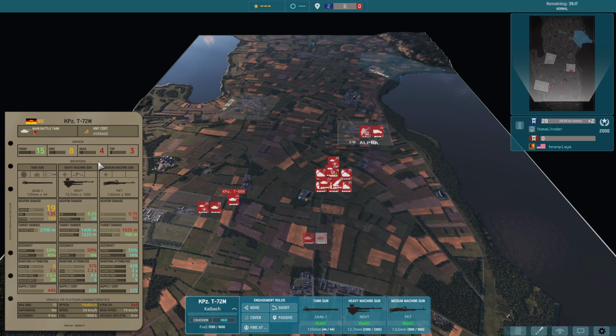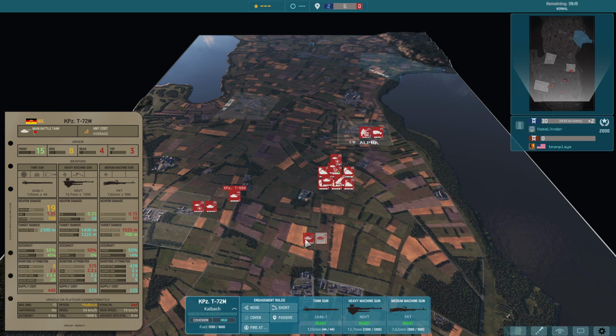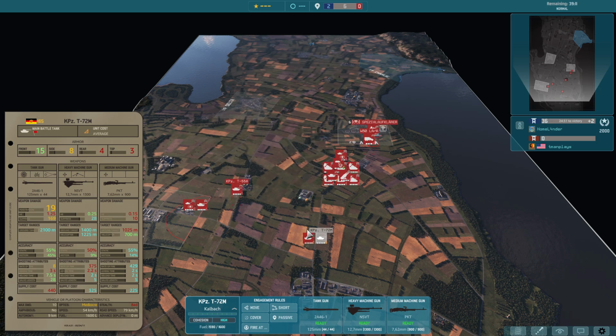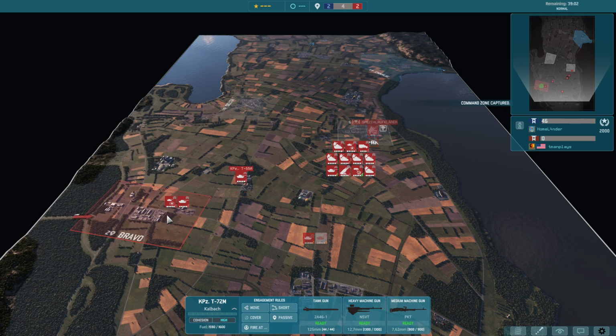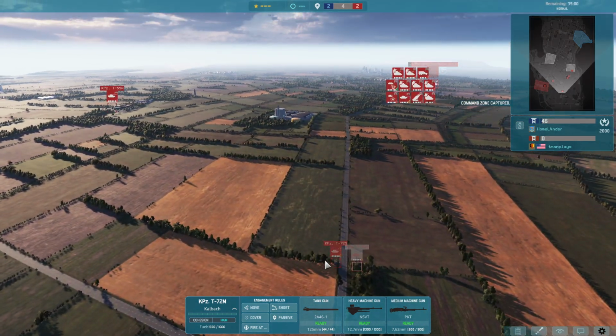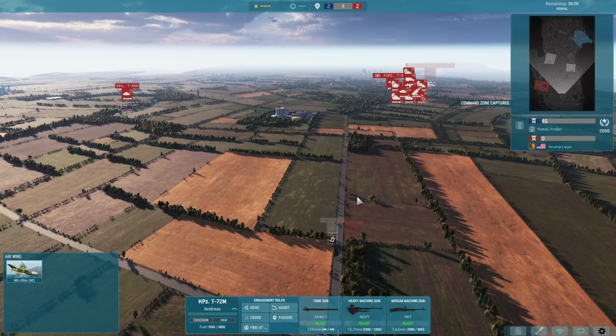But he suggested that we run these on base vet instead of upvetting them. That way you get 6 per card of 2 cards instead of 3. And that's because they come with this resolute trait, right? So resolute, they take less suppression in combat. So that already kind of gives them a buff to what you want because they're not really going to lose